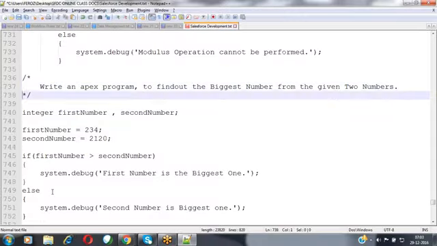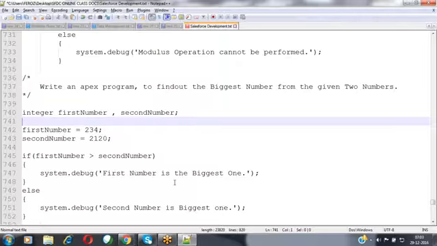Now, whatever code you have written inside this execute anonymous window will not be saved inside your metadata repository. We have to save this code into our local systems. You can maintain a notepad and save it there. This code will not be saved into the metadata repository by default. For that, we have to create classes and write this code inside the class. During object-oriented programming, we will discuss what exactly a class is, how to define the class, how to write the code, and how to save the code into the metadata repository.